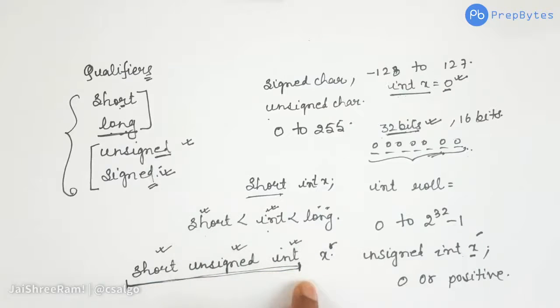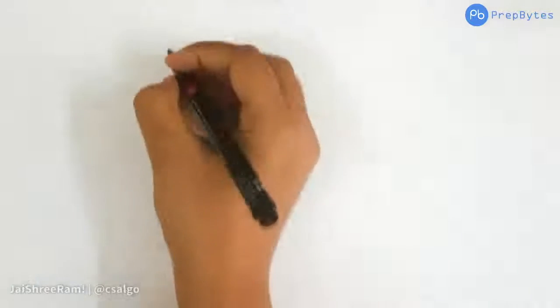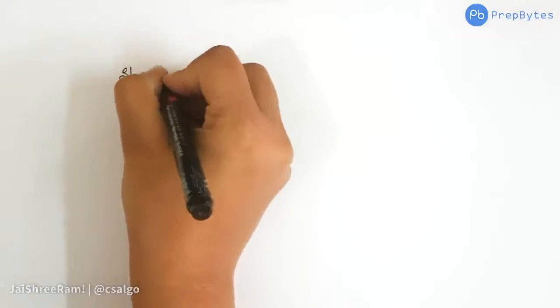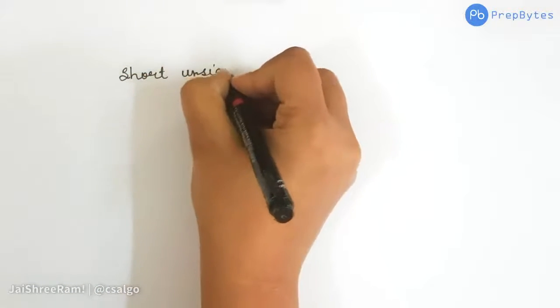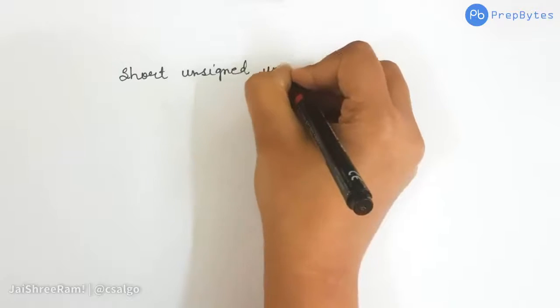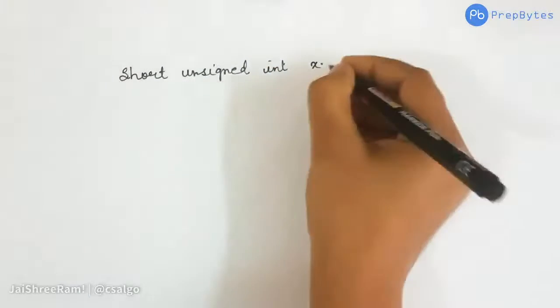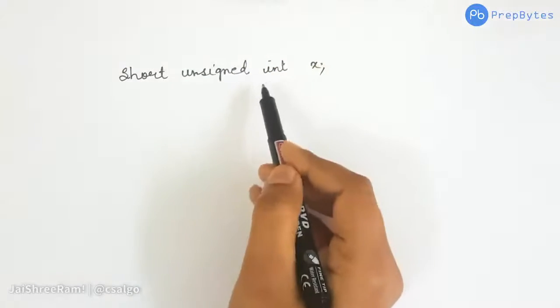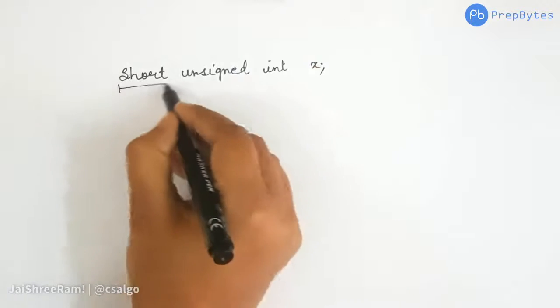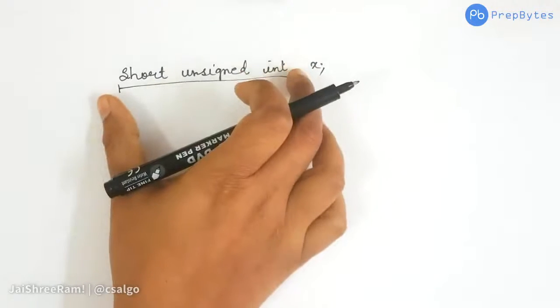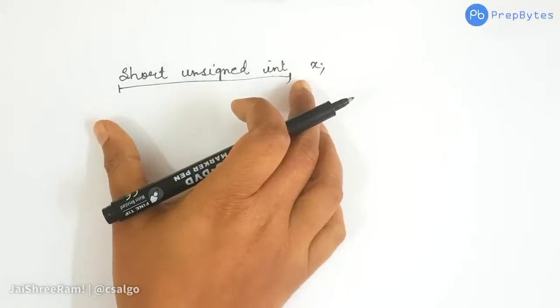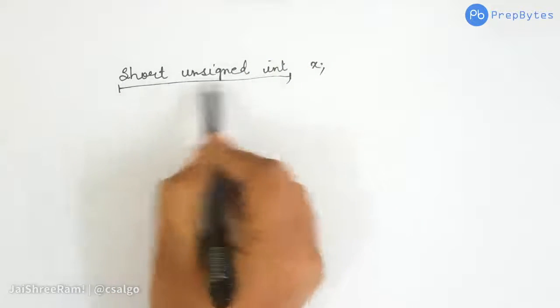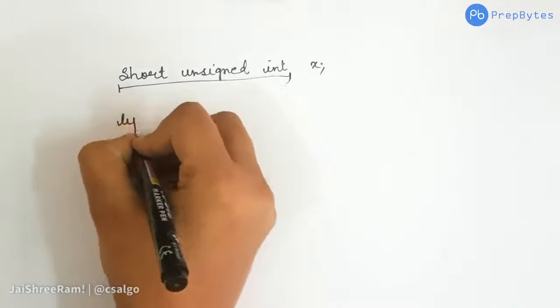So this takes us to further discussion of user-defined data types. The two user-defined data types that we are going to talk about today are typedef and enumeration. First, let's discuss typedef. Writing the declaration again, we had short unsigned int x. Now, let's say I have to declare a few more variables like this. So it becomes very big. This is a big thing to write again and again in the program. So what we can do is give a short name to this particular thing. And for this, we use typedef.